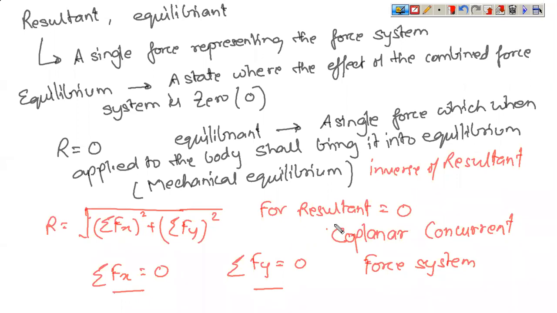Now in this state, if both have to be equal to 0, then these are two equations which can be formed, and with two equations, we can find out at the maximum any two unknowns. So in a force system, if it is said that it is in equilibrium, that means you can determine any two unknowns depending upon whatever input values are there. You cannot determine any third unknown. Okay, so two equations, two unknowns.